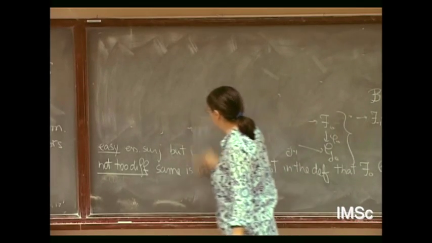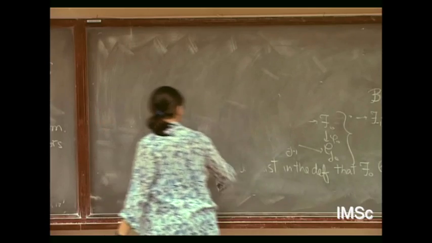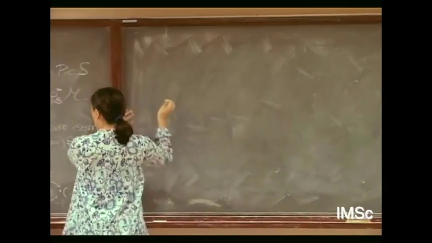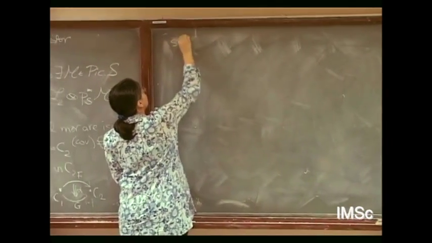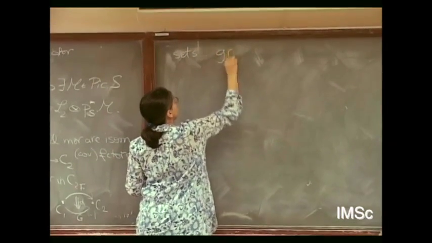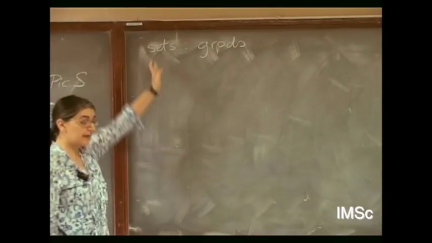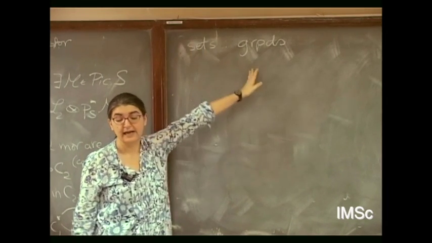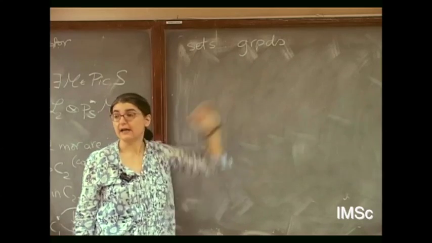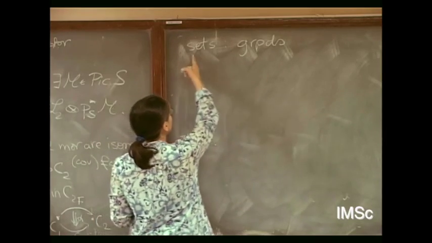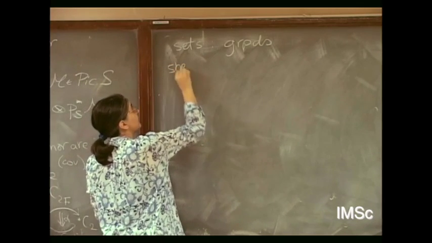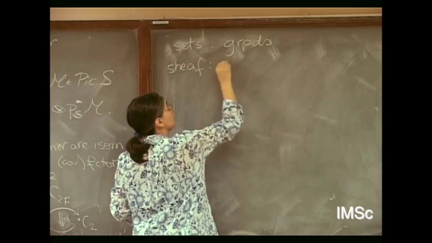So the first thing is, in what sense are stacks generalizations of sheaves? So let me try to make parallels. So you have that sets are related to groupoids. How are they related? Every set is a groupoid if you take the elements of the set as the objects and the identities as the maps. And if you have this kind of proportion, then you get that the sheaf of sets corresponds to a